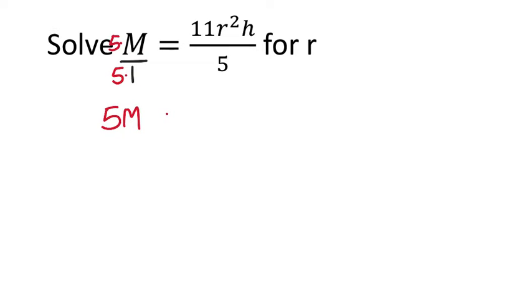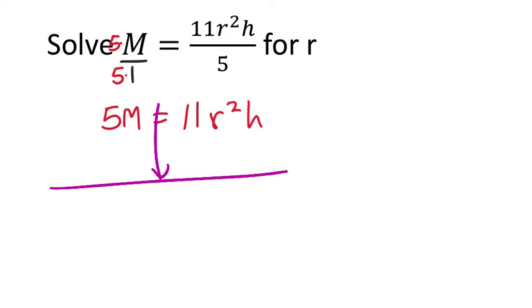You could say over 5, but again, we have common denominators. 5 times 1 is 5, and we got the 5 common denominator. And so this would equal the numerator from the right side, 11r squared times h. So this is all in an effort to just solve for r. And actually, we're pretty close. It's just that it's r squared. I'm going to solve first for r squared. And so here, what I would like is to take the r squared and just have it by itself. Okay. What this also means, just the way that this is written, is that I'm going to make the 11